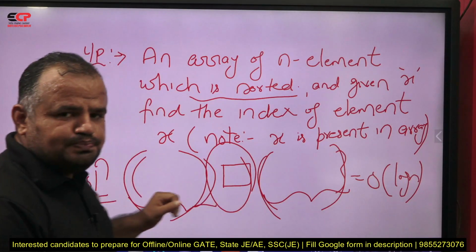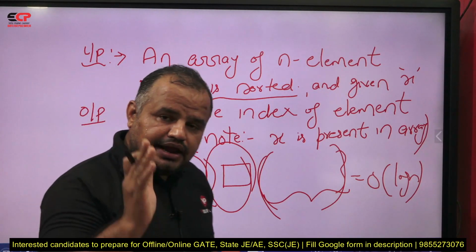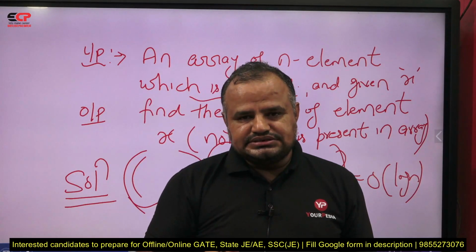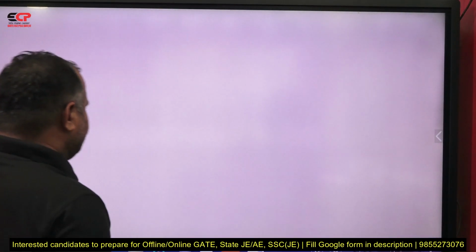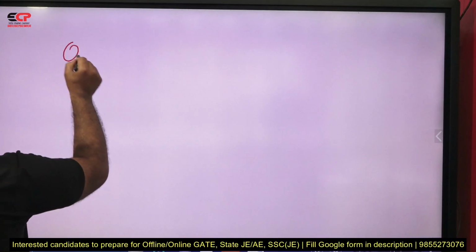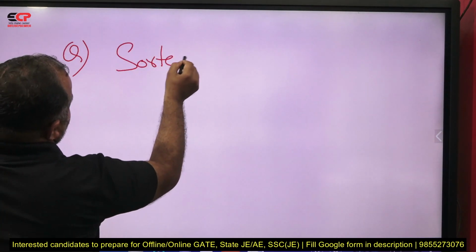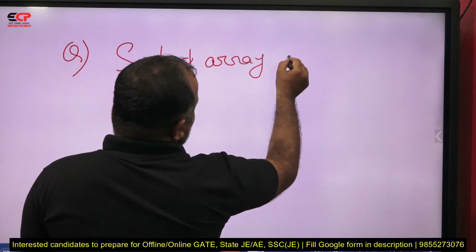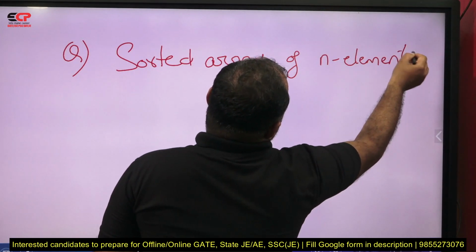Fine. But now you may think that whenever we have sorted input and we want to search something, we can always apply binary search, but that may not be the case. Suppose we have a problem. The problem is, I have a sorted array of n elements, out of which